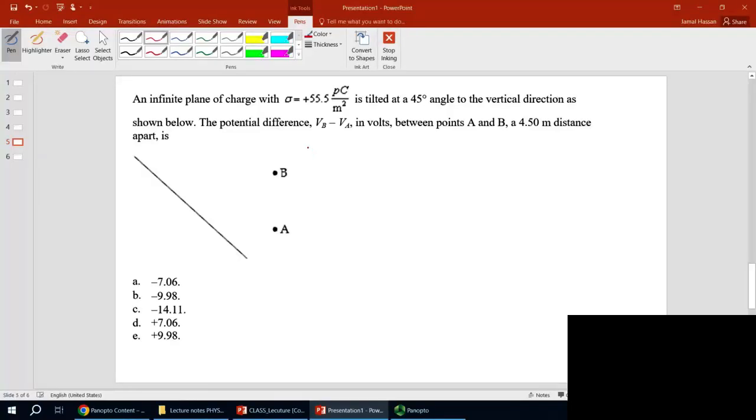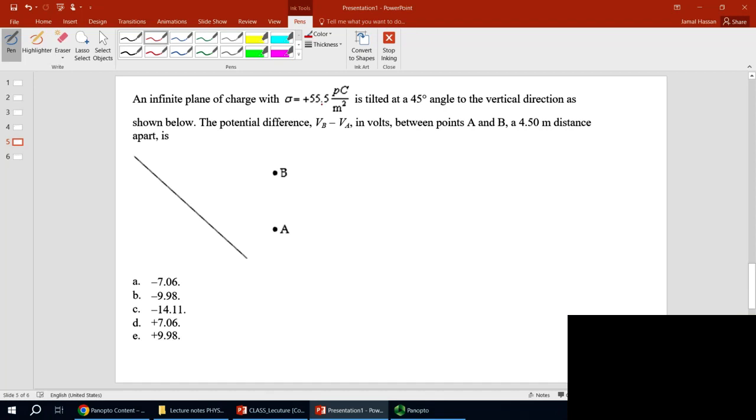Hello everyone. A few questions on chapter 25, calculation of electric potential. Maybe these are not very straightforward questions. That's why I would like to go through them. So the first question is, we have an infinite plane of charge with surface charge density